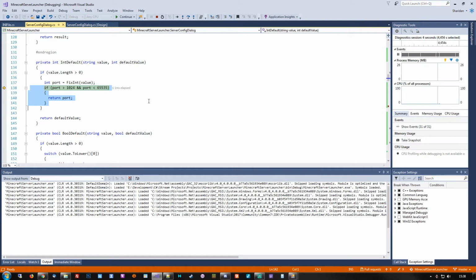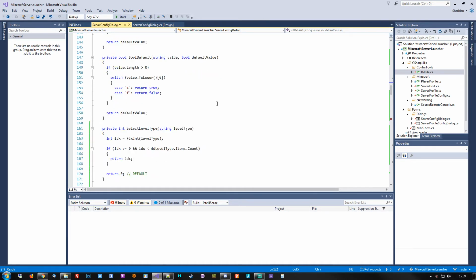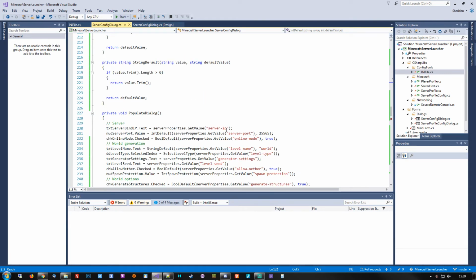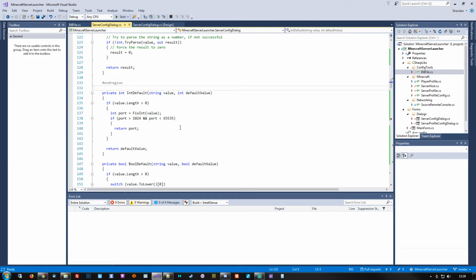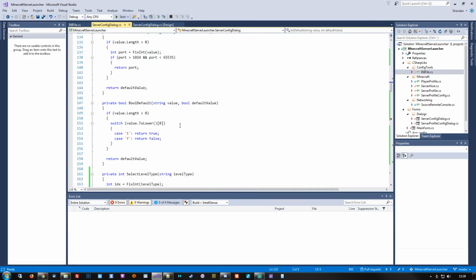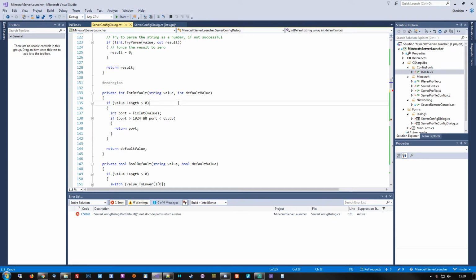See, this one was written for the port default values, so we need to change this to fix that particular issue. And since we are reusing this particular method for other integer settings, we kind of need to create one that deals specifically with the server port defaults. So we'll do, let's see, yeah, we'll put it here, and port default, like so, and then we will grab